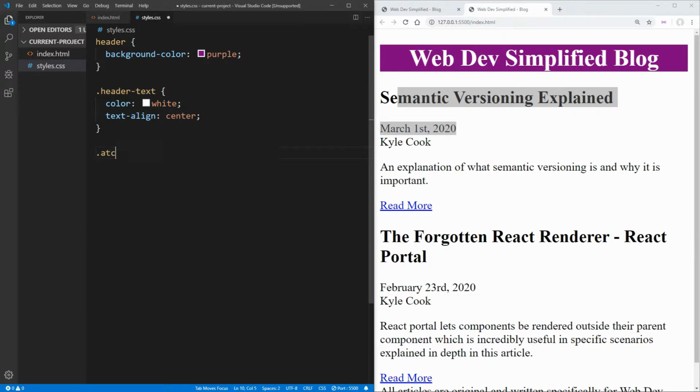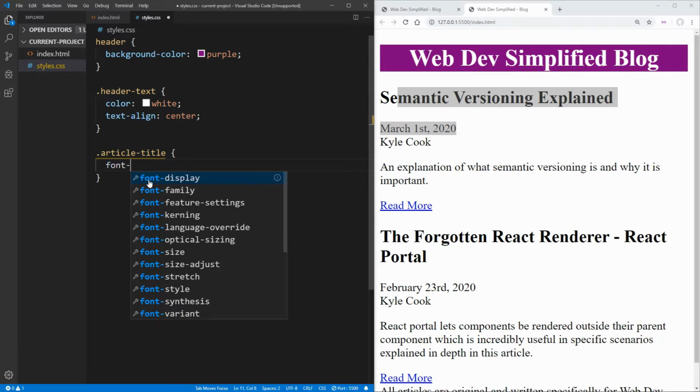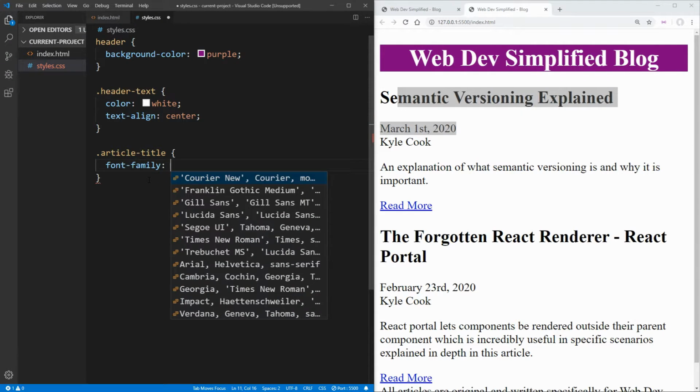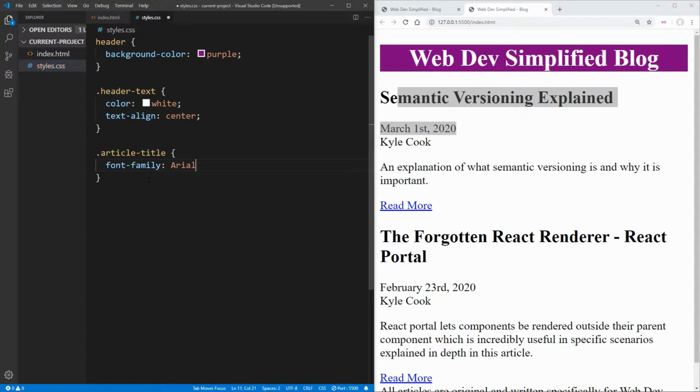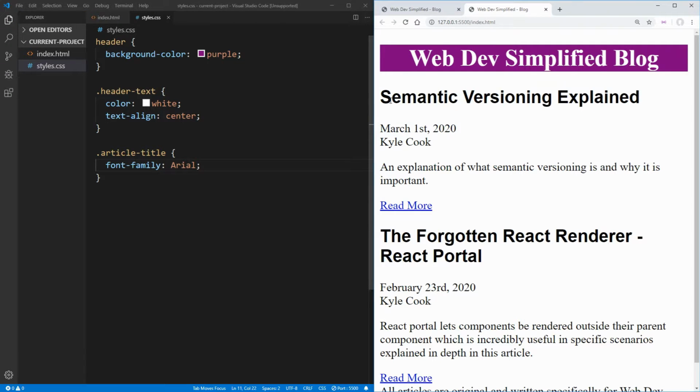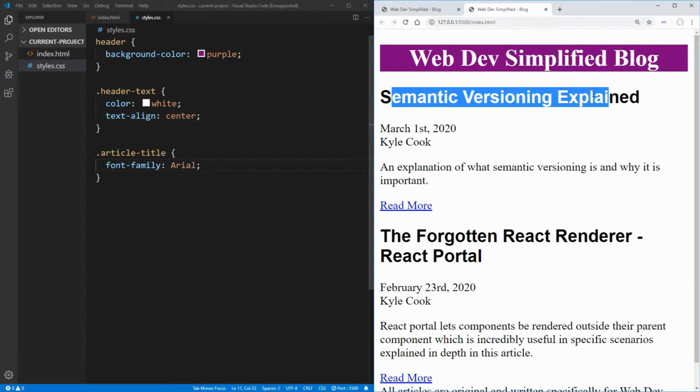So let's select that article title, and we just want to come in here and change the font family. This allows us to change what font we're using. In our case, we're just going to change this to the Arial font because that's downloaded on most people's computers. And if we click save, you can see we now have the Arial font being defined for this header right